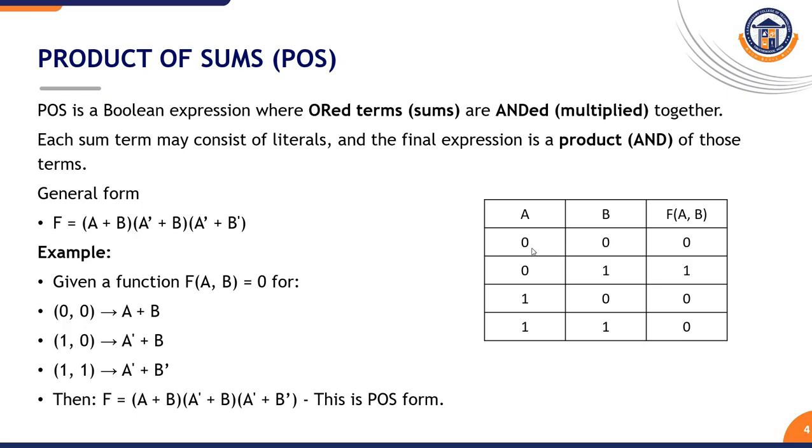Each sum term is written by taking the values of the variables A and B. If it is 0 0, it can be written as A plus B. If it is 1 0, it is written with A dash, and the B value is 0, so it is written as such, so A dash plus B. Similarly A B has the value 1 1, so it can be written as A dash plus B dash. These OR terms are grouped together, or multiplied together,